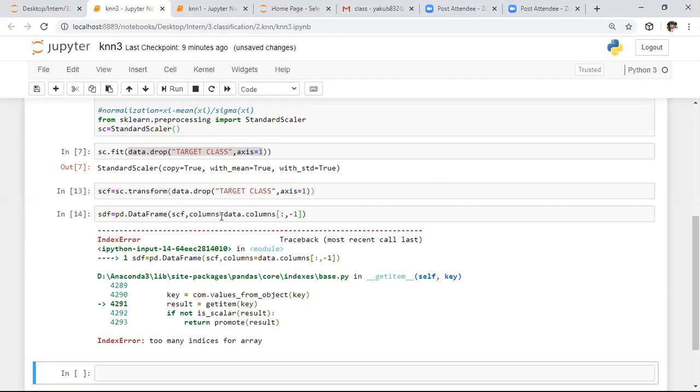In the data frame, SCF, okay. Somewhere we made a mistake.